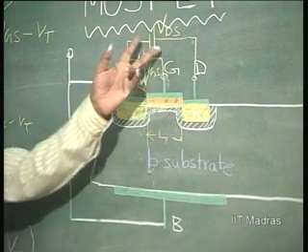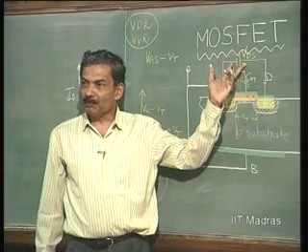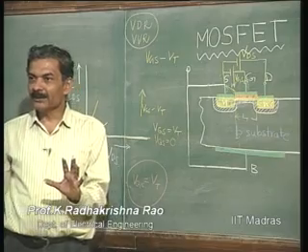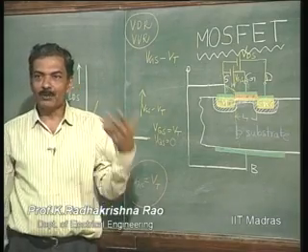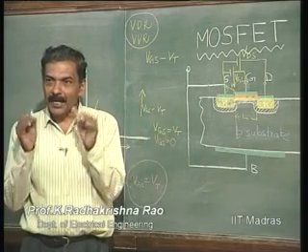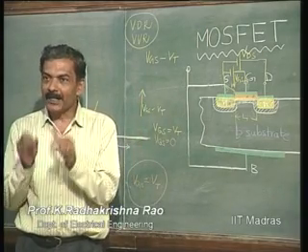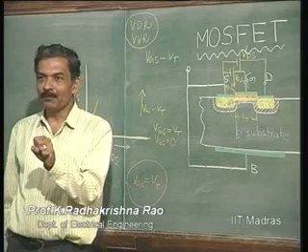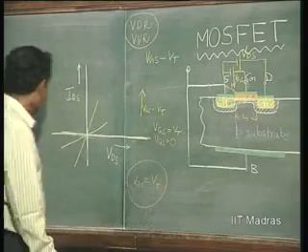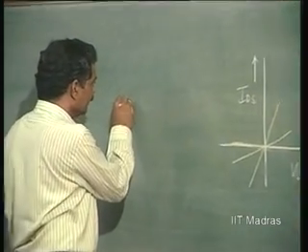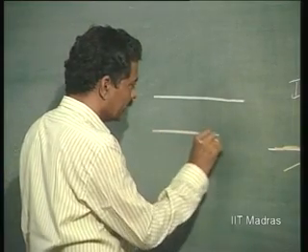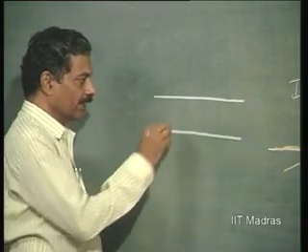What is the value of VDS that I should apply to close the channel? That is the same as VGS minus VT in the opposite direction. That point at which the channel gets closed at the drain end is called the pinch off point. The channel is pinched off. So, what happens to the channel? Let us depict it in a sort of neat manner. Originally, let us say that it was like this. This is the channel.